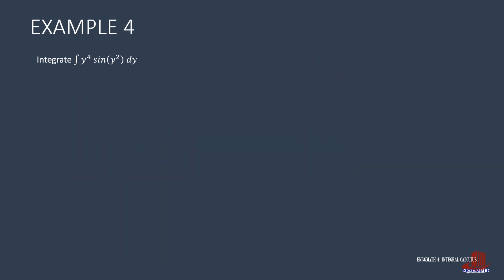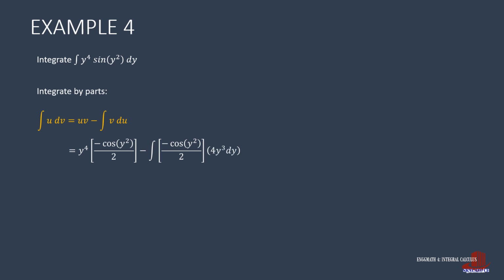Knowing u, v, and du, proceed to integration by parts, starting with uv as y raised to 4 times negative cosine of y squared over 2. Then subtract the integral of v du, which is negative cosine of y squared over 2 times 4y cubed dy. Simplify 4 and 2, then place the constant out of the integral, and work with another set of parameters as